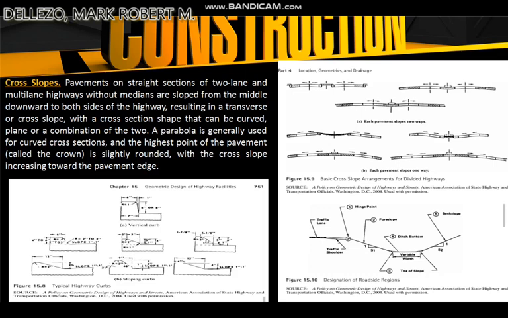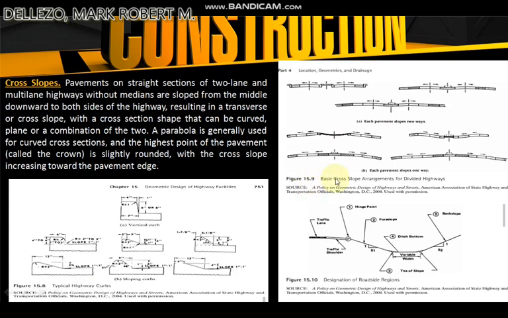the two. A parabola is generally used for curved cross-section, and the highest point of the pavement, called the crown, is slightly rounded with the cross slope increasing towards the pavement edges. So, in this figure, 15.8 is typical highway curves. So, these are the samples. Then, in this part,